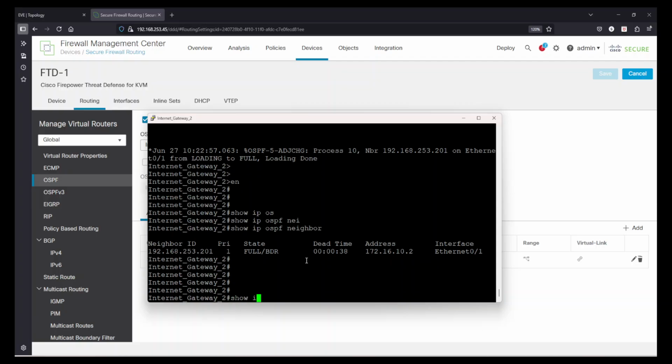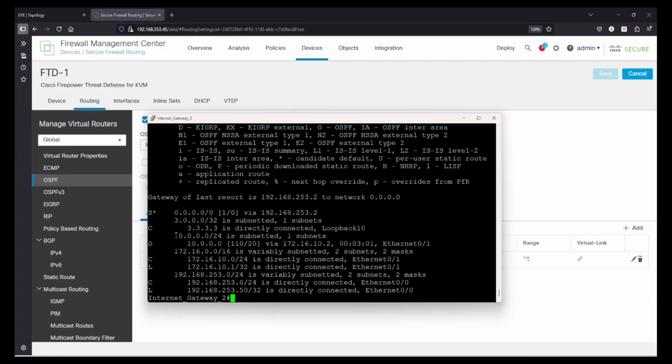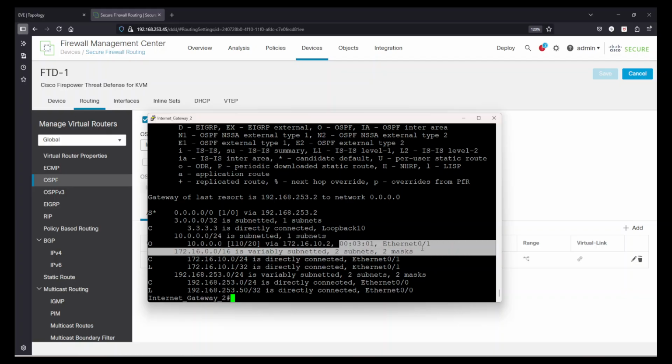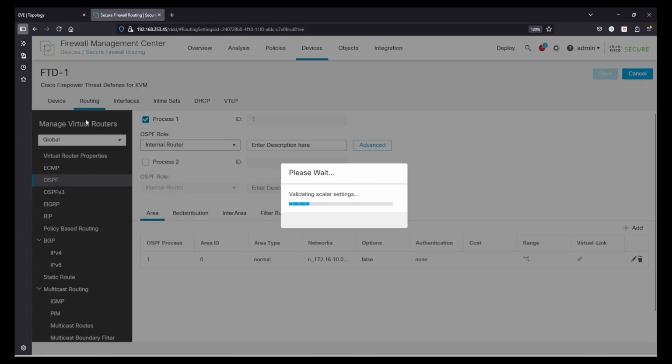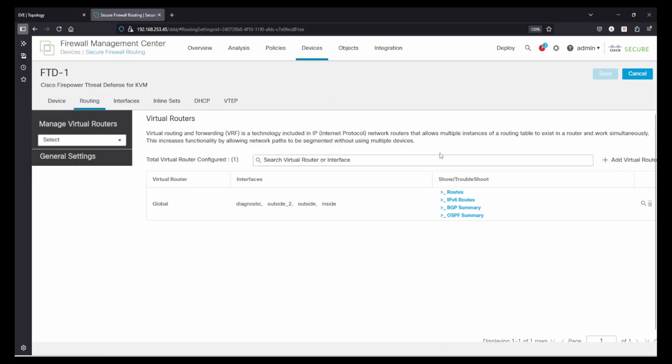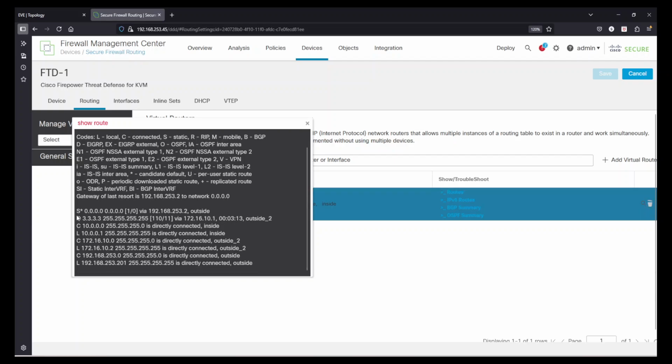Okay, let's check the routing table. Yeah, I have a route, 10.0.0.0/24 coming via FTD. Perfect. Now let's see what route we have on the FTD. Go to manage virtual routers, click on routes, the easy way. Yes, see, this is an OSPF route, and it says clearly that it's for 3.3.3.0 and reachable via the